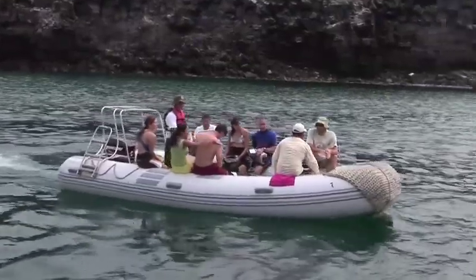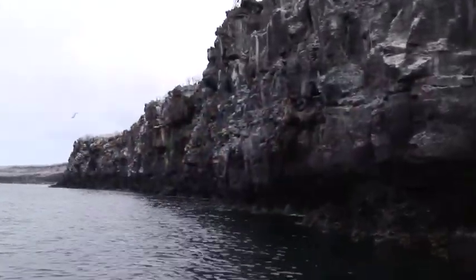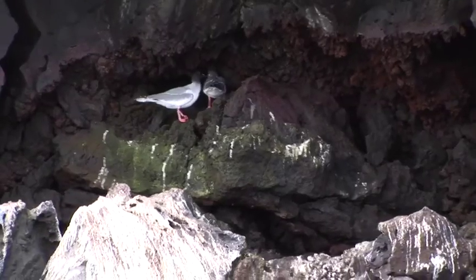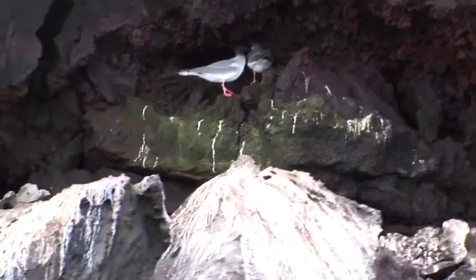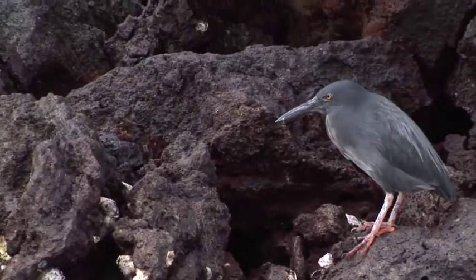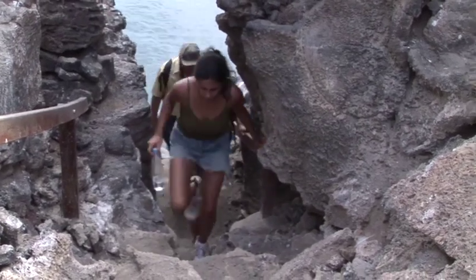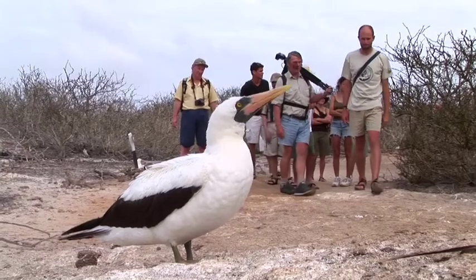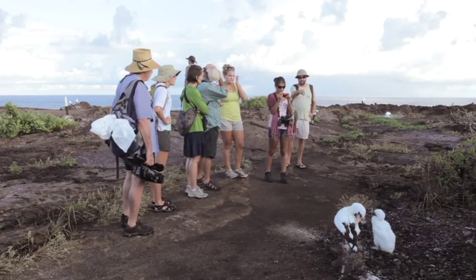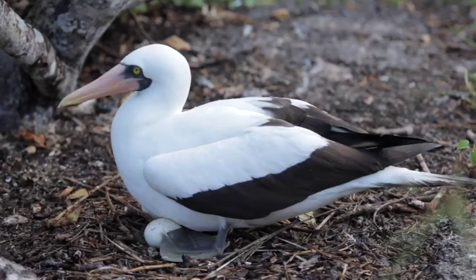A panga ride takes us through Great Darwin Bay, formed when the wall of an ancient volcanic caldera collapsed to let in the sea. The crater walls are alive with nesting birds. We land at the base of Prince Philip Steps. A short, steep climb brings us up to the barranco, where we're immediately plunged into the world of boobies and frigate birds. Red-footed boobies, Nazca boobies,